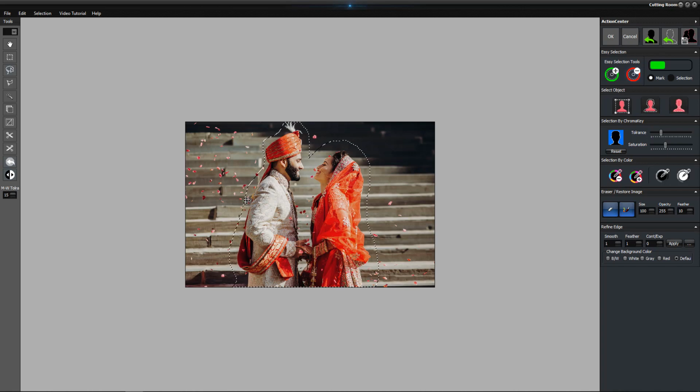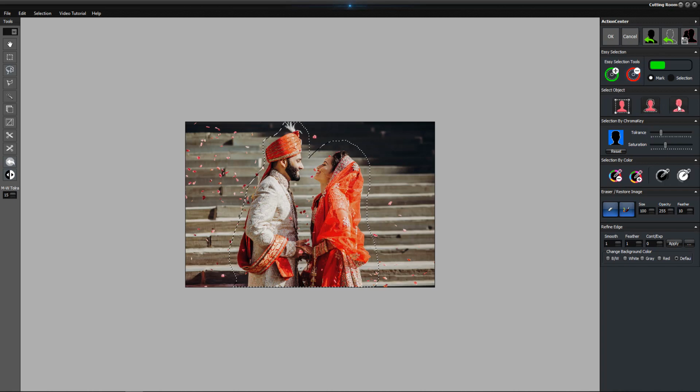We have roughly selected the image. There are three options to select the object with the appropriate selection. If we select the image with the rectangle marquee, we just click on this. If we select the image with the polygonal lasso from outside of the image, we select this option.